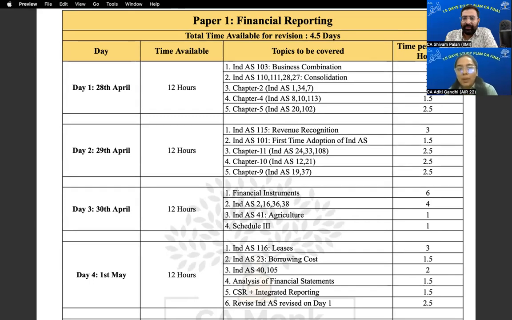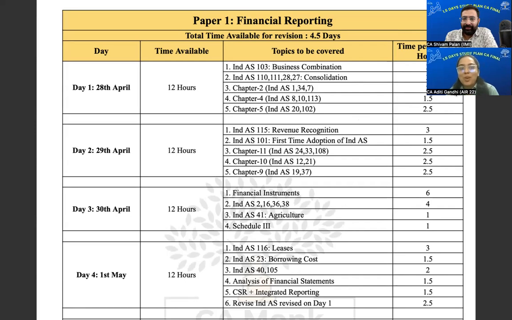तो स्टार्टिंग विद माय प्लान, मतलब बिजनेस कॉम्बिनेशन मैंने सबसे पहले रखा, और इट इज द मोस्ट डिफिकल्ट पार्ट। बट मैंने इसको सबसे पहले इसीलिए रखा है क्योंकि ये आना ही आना है एग्जाम में, नो डाउट। आइदर बिजनेस कॉम्बिनेशन या कंसोलिडेशन कम्स फॉर मिनिमम 15 मार्क्स।